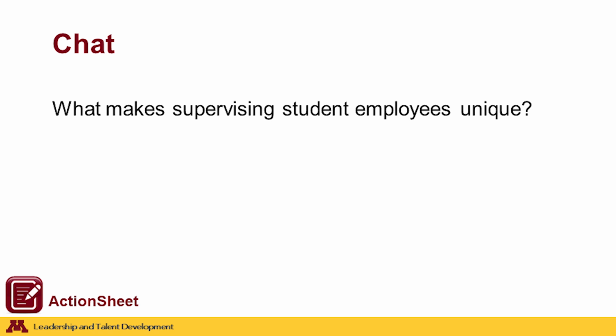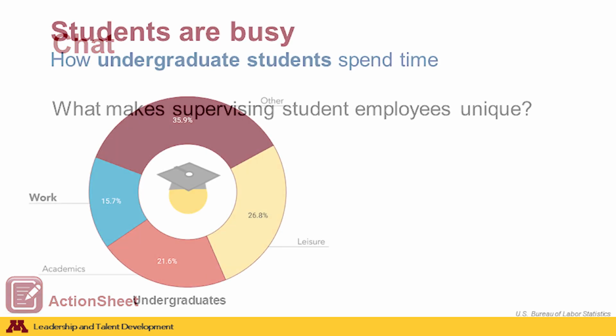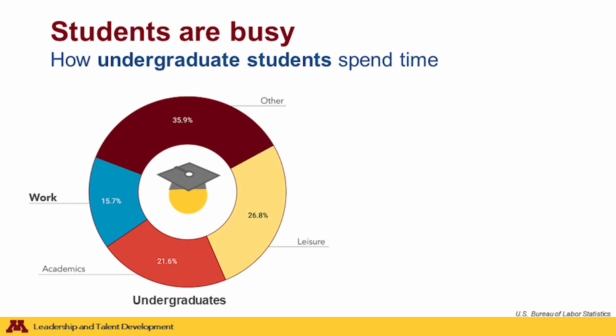This is great, and you're touching on a lot of the themes that we'll look at today in our webinar. One of the things we know about students is their lives are generally full of many different commitments, and you've touched on this already. Their studies, their work, their family commitments, sports, social commitments, and there's lots of other possibilities there too. You can see on the slide here that this chart shows a snapshot of an average student's profile for how they spend their time. So you can take a look at those numbers. It's clear there's a lot going on in their lives.